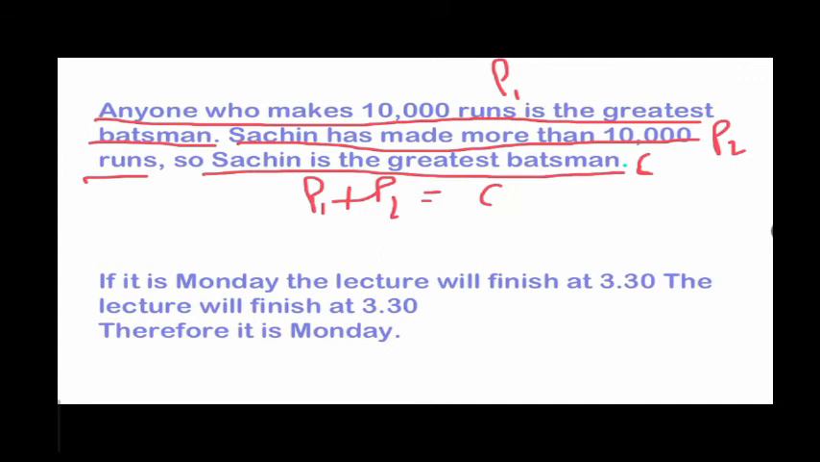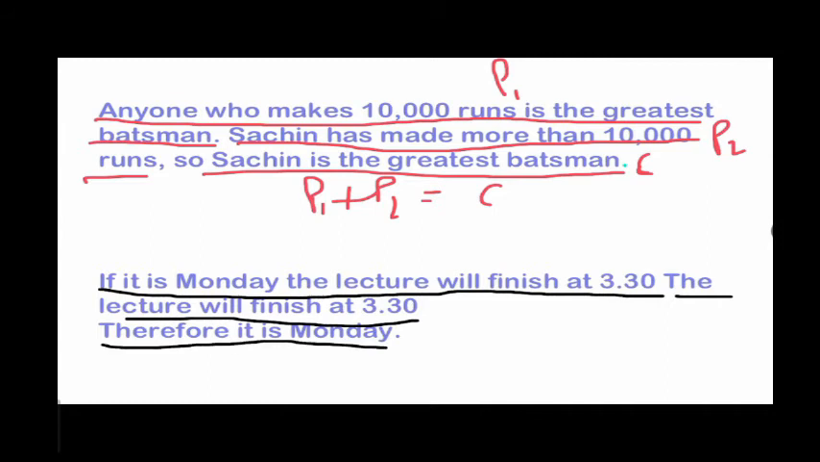So P1 plus P2 gave me the conclusion, which was a necessary requirement for a good argument. The other example, however, says: if it is Monday, the lecture will finish at 3:30. The lecture will finish at 3:30 is the second part, and therefore it is Monday is the third part. So let this be 1, let this be number 2, and let this be number 3, the final part. Now here, 3 is the conclusion, therefore it is Monday. But what we need to see here is that the conclusion does not follow from P1 and P2, or in this case 1 and 2,